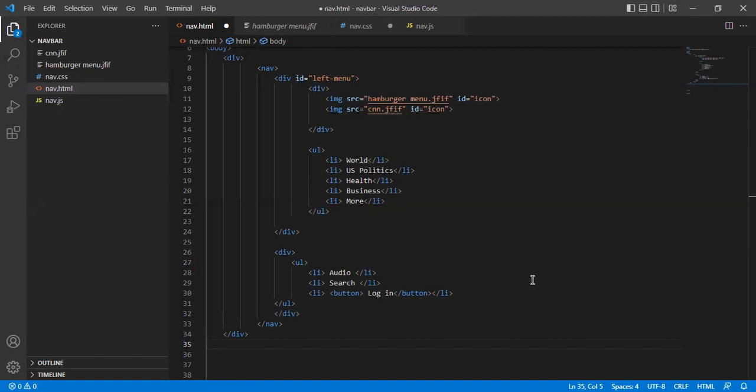Okay, fine. I was asking about this part, where we have a UL tag. That's world, US politics, health, business, and more. Is it not possible to use a div tag for that part? Yes, it's possible. If you use the div tag, you'll be using p tag, p tag, p tag. Can the div tag work? Yes, div tag can work, but it